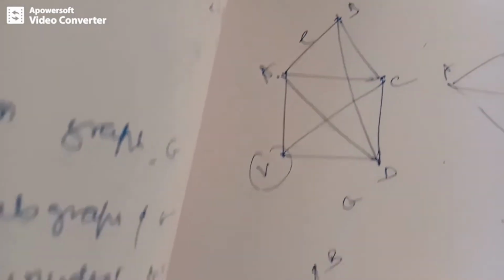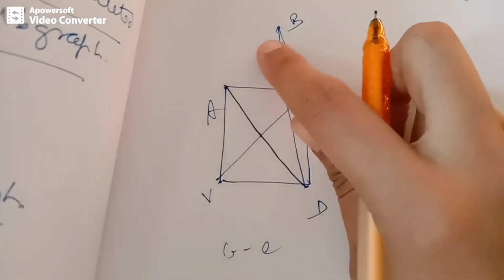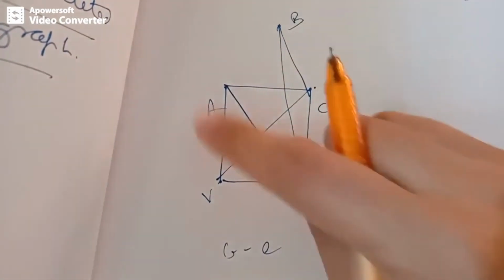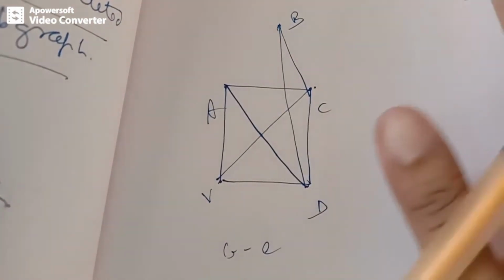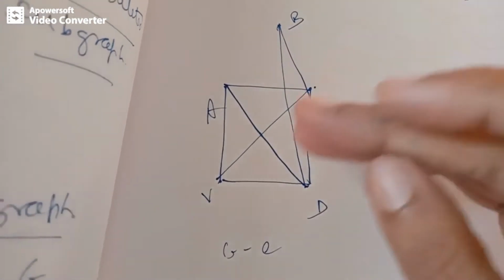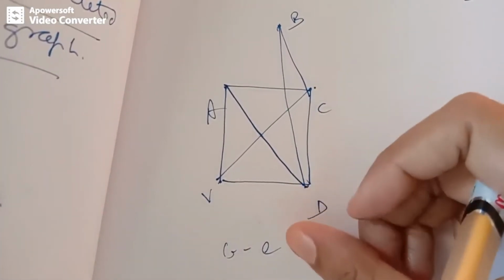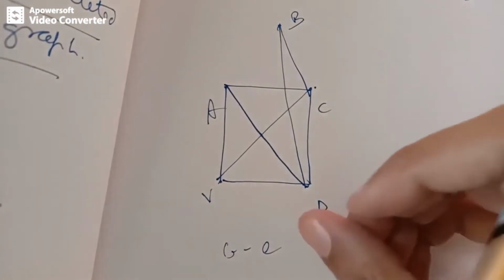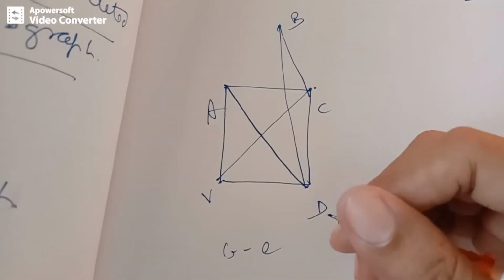So you can observe that this is the edge deleted subgraph. There was an edge here, I have deleted that edge. The resultant graph becomes a subgraph by having all the vertices which are also there in the original graph, and no extra edges, all those edges are there and between the same end vertices. Therefore, it forms the subgraph with the edge deleted. So it is called the edge deleted subgraph.